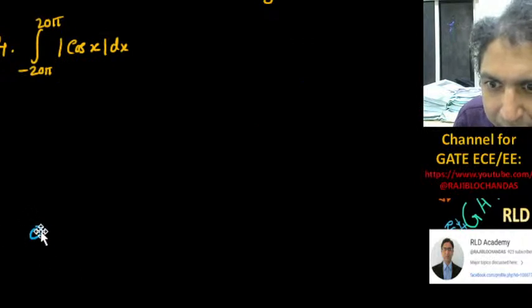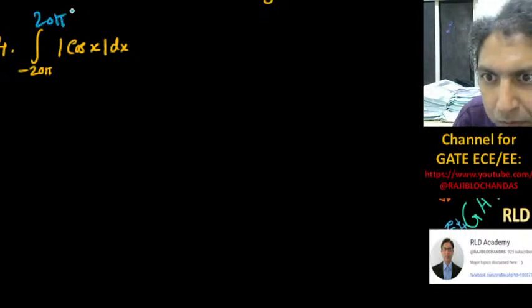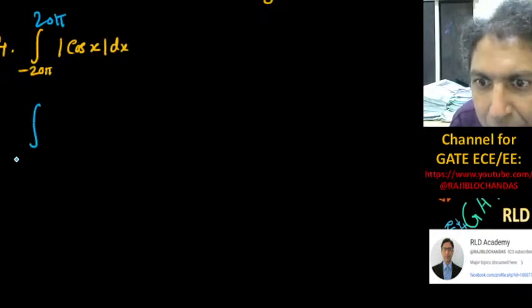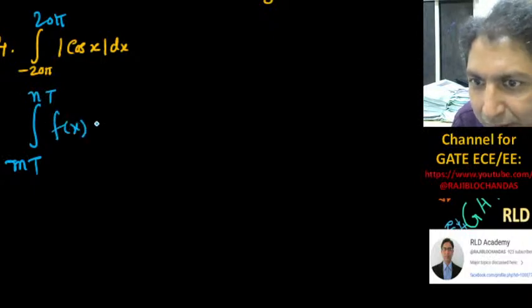Again, one more thing is that it was 2 for 20 pi, right? Now one more important thing is, if I consider the integral from mT to nT of f(x) dx,